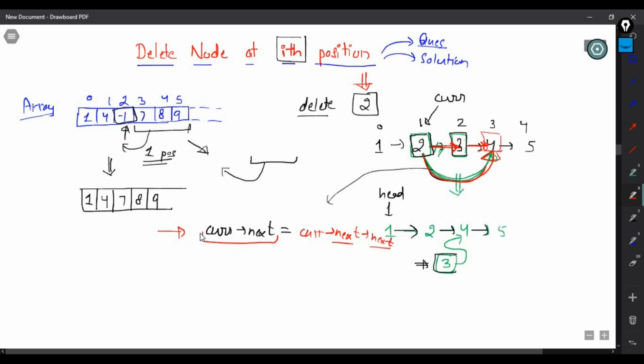Now, what are the special cases that you need to consider? If the value of I is less than 0, that is not a valid index. If the value of I is 0, that means I want to delete the head node, so in that case I will delete my head node.